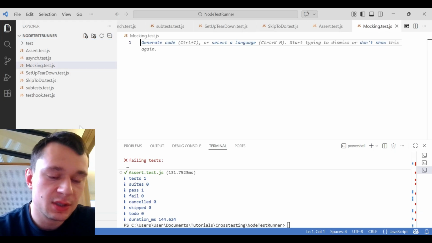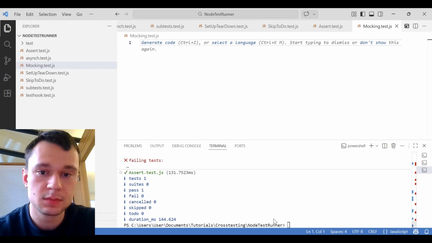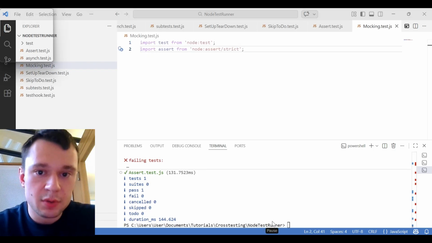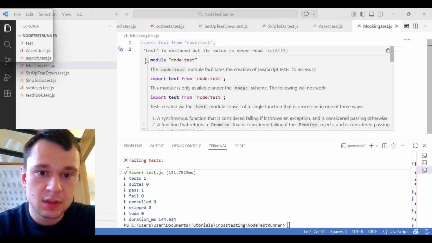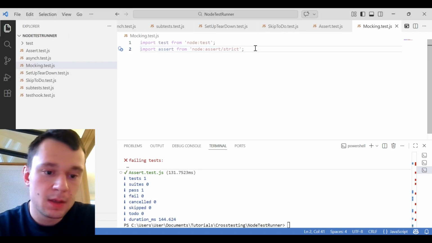The Testrunner actually doesn't have integrated mocking, but you can create objects yourself just to see how they behave and store errors or messages inside them. So first import the test from Node.test and the assert strict from Node assert strict, and then we will